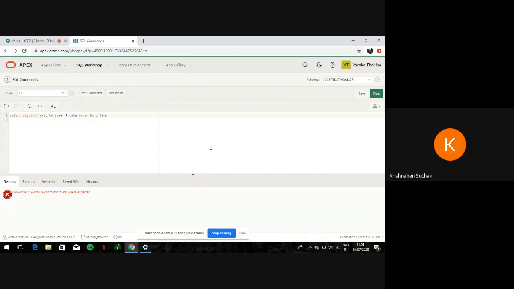You need to write from, then your table name: select distinct amount, transaction type, transaction date from transaction 3. Okay. Ma'am, it's showing error. Yeah, Shubham.